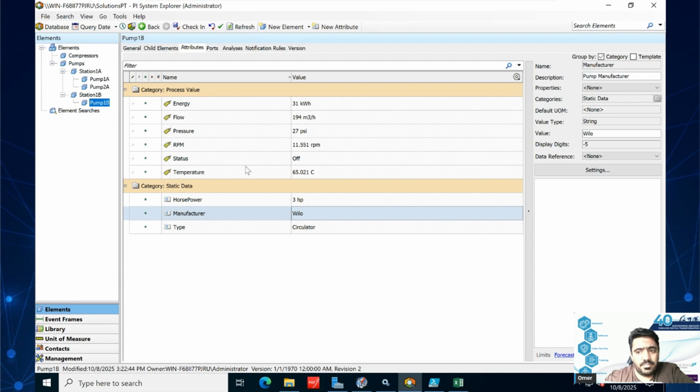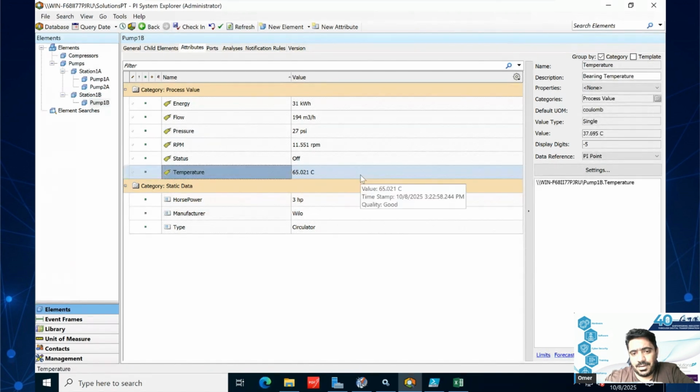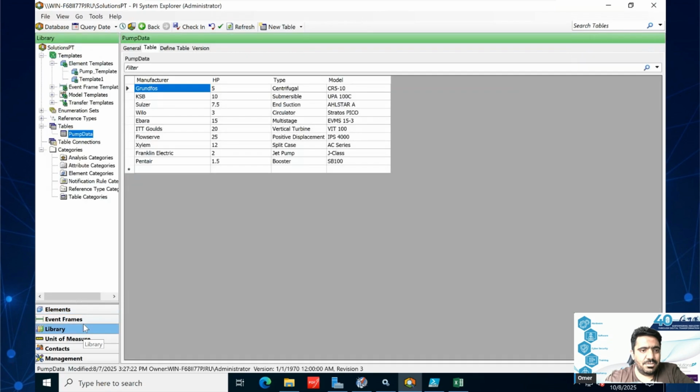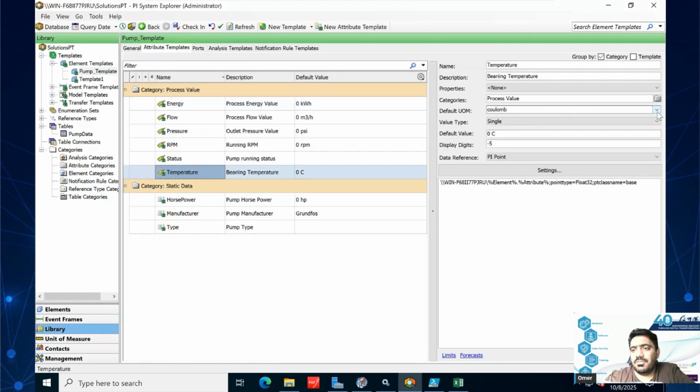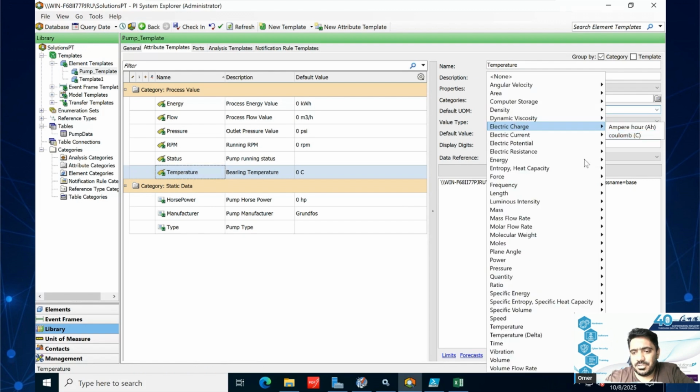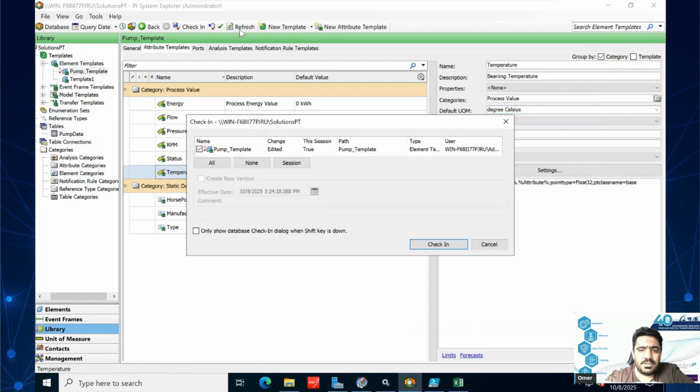And I made one mistake intentionally, that I put the unit as Kelvin, not degree C. So just imagine that after building all the pumps, you found that it's wrong. How will you feel? So if I want to change it, I will go to pump templates. I will only change one attribute to the temperature in degrees Celsius. I will check in, refresh,